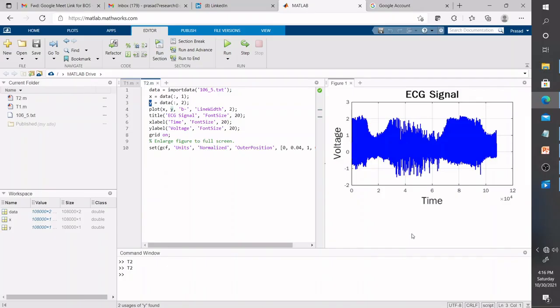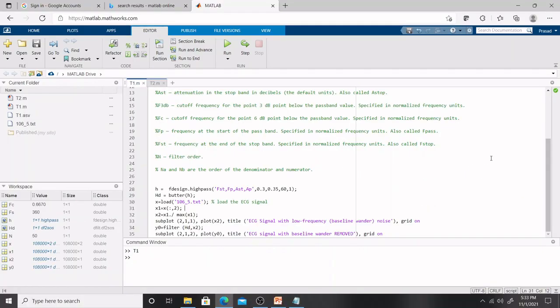And this is how the ECG signal looks. Here we can note that the ECG signal is interfered with by a noise signal, I mean the baseline wandering noise signal. Let's discuss how baseline interference signals can be removed from an ECG signal with the help of a digital high-pass Butterworth filter